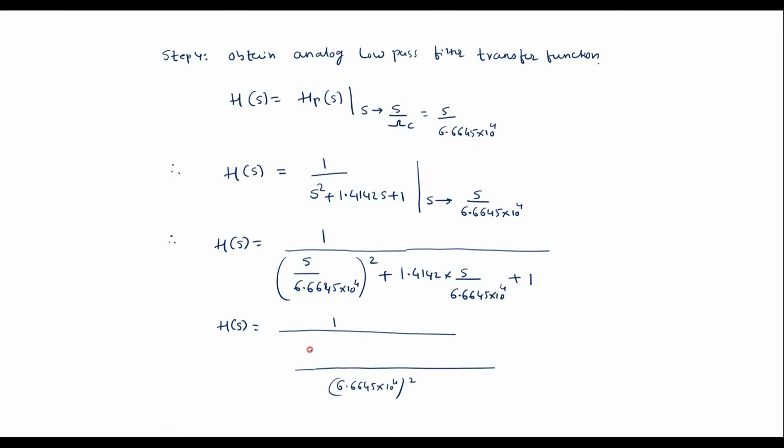So here I can get s square plus, here one term will get cancelled, so I can get 1.4142 into 6.6645 into 10 power 4 s plus, here the entire term will be multiplied, that is 6.6654 into 10 power 4 square. So further simplifying this, I can represent it as, this will go into the numerator. So value of this will be